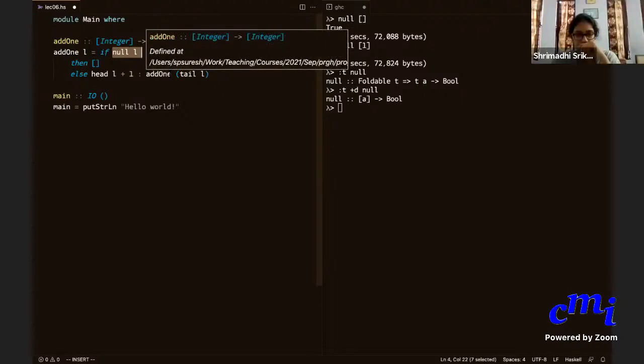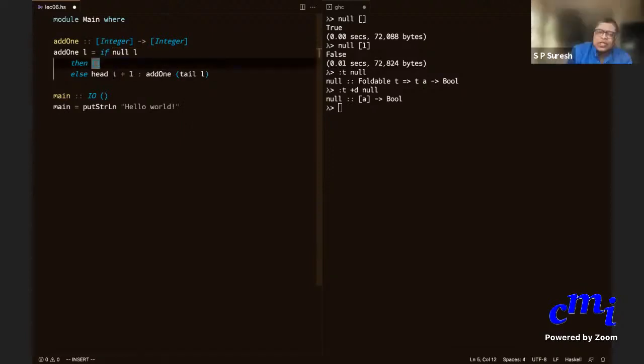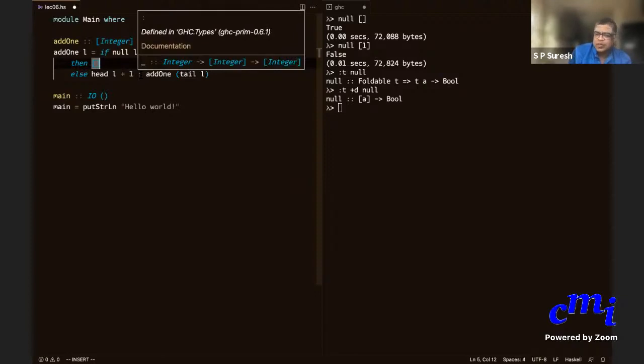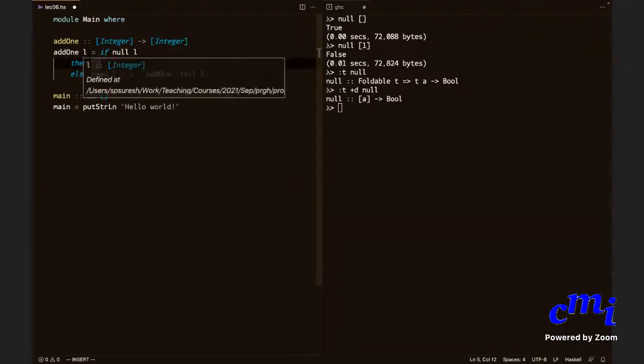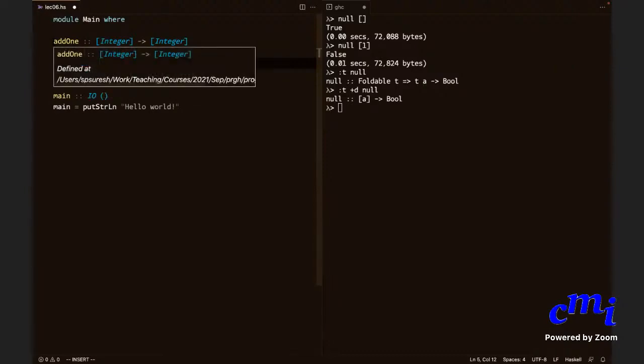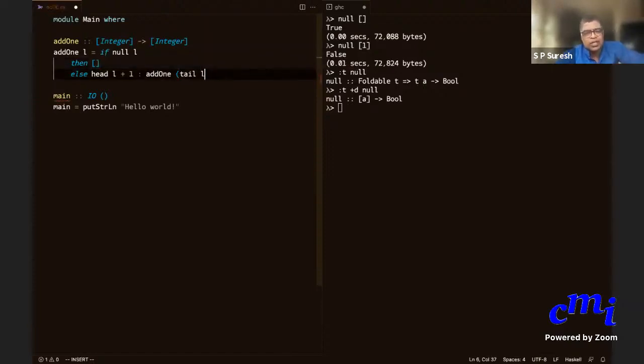Based on that, it will recognize that it is a list. And based on the fact that I do a plus 1, it will recognize that it is a list of integers as well. If we don't give a bracket at the end, will that be a problem? Yes, it will be a problem because it will try to do add 1 on tail, and tail is a function. It won't make any sense at all.